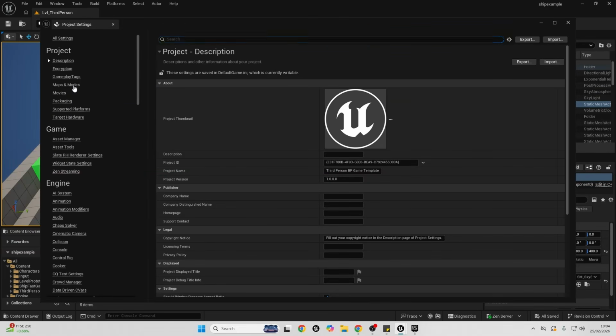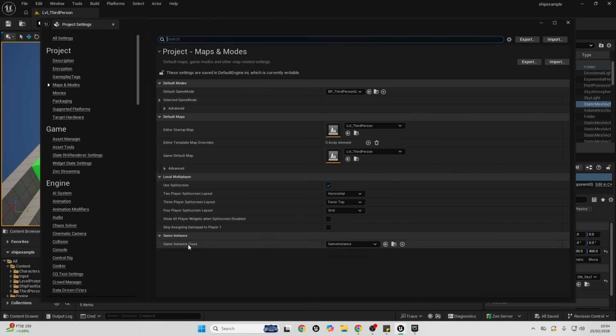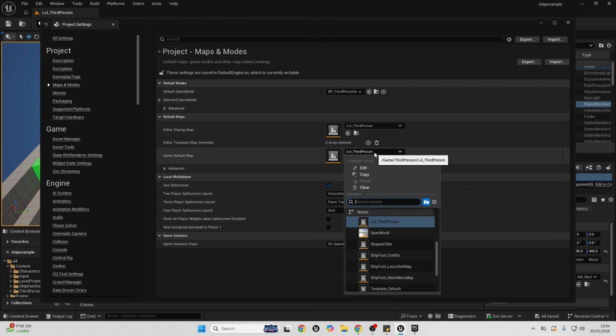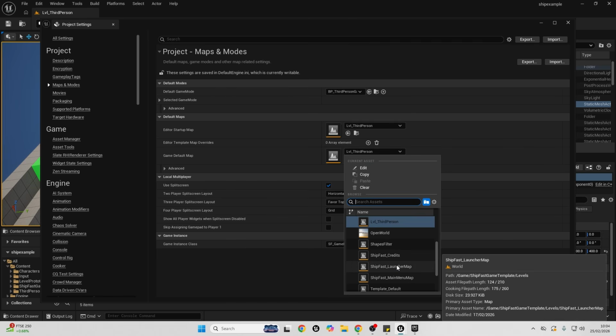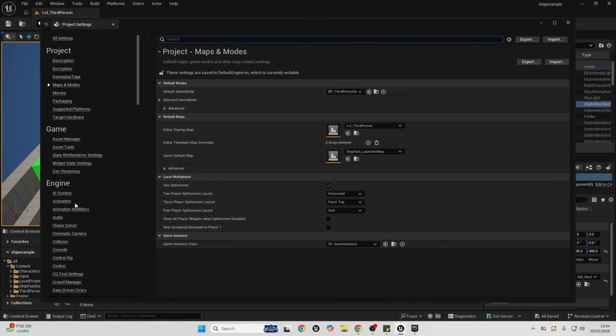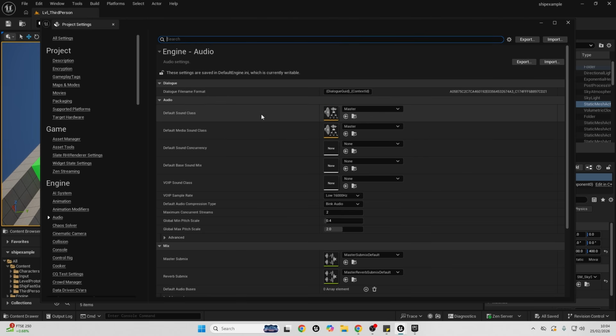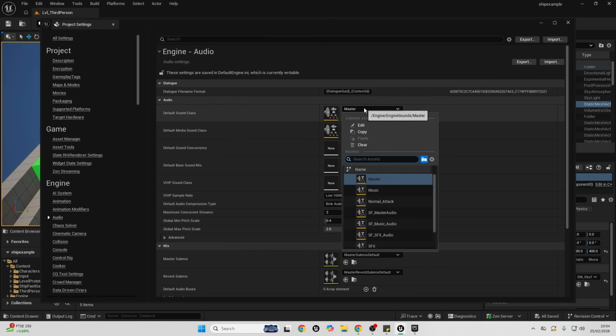And we want to go over to Maps and Modes, and we just want to change the game instance class to be the ShipFast game instance, and we also want to change the game default map to be the ShipFast launcher map. We then also want to go over to Audio and change the default sound class to be